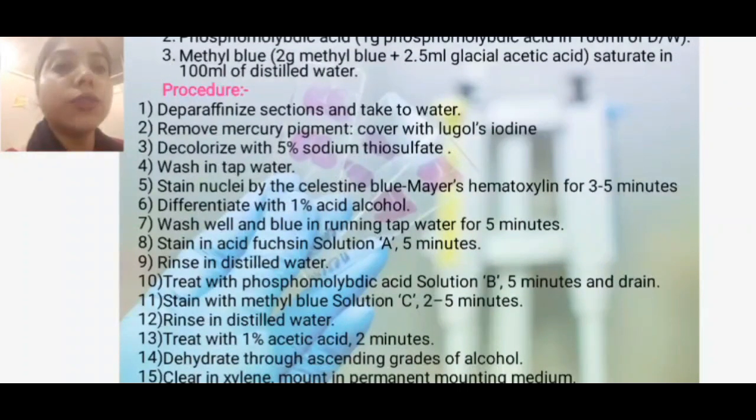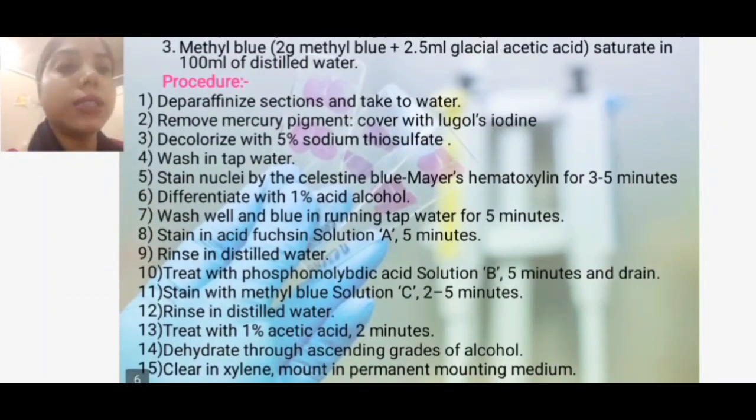Stain in acid fuchsin solution A for 5 minutes. Then we have to rinse in distilled water. Then treat with phosphomolybdic acid solution B for 5 minutes and drain it. Then we have to stain with methyl blue solution C for 2 to 5 minutes and rinse in distilled water. Treat with 1% acetic acid for 2 minutes and dehydrate through ascending grades of alcohol. Then we have to clear the smear in xylene and mount in permanent mounting media, that would be